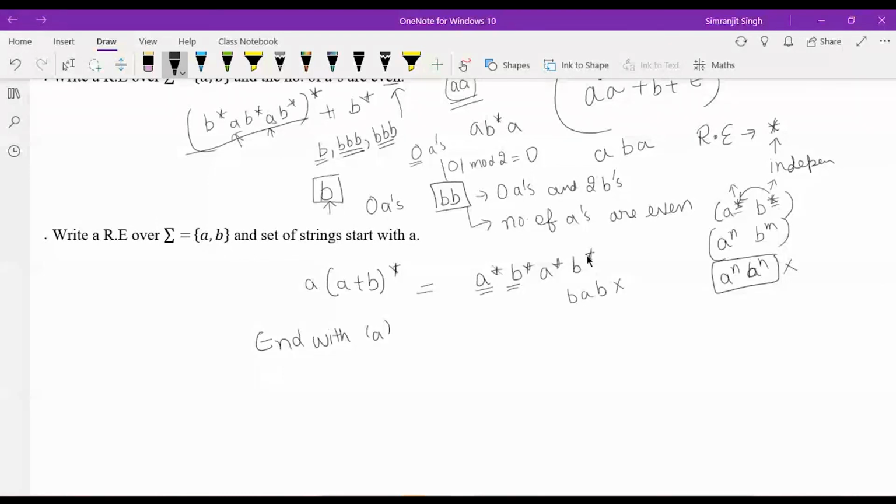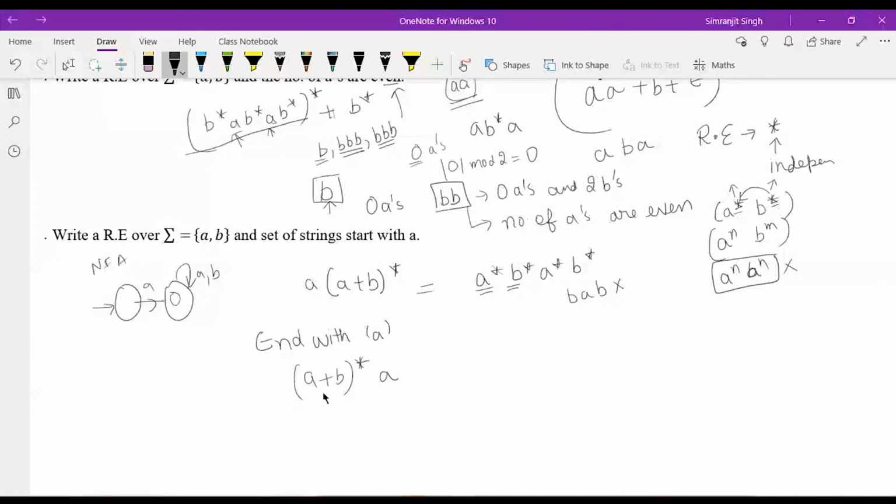A has to be followed by the rest. If you draw the automata also, it will be fairly easy. I think that is the automata. The NFA, to say it more clearly, that is the NFA. For ending with A, I think Saksham has got the right answer, that any number of A's and B's can come in the starting. It has to be ending with A. Raghav has also got the right one. Ishan, ending with A, absolutely correct.